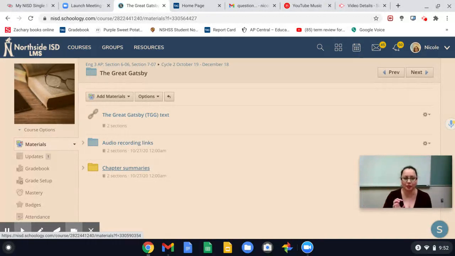Again, not focusing really on the structure in the sense of fiction elements of it. That's the literature focus. That's what you'll see next year in your AP Lit class. This is writing. We're looking at how a writer writes, the writer's craft. So the summaries are there to help you remember what's going on in the storyline, but we're focusing on diction and syntax.